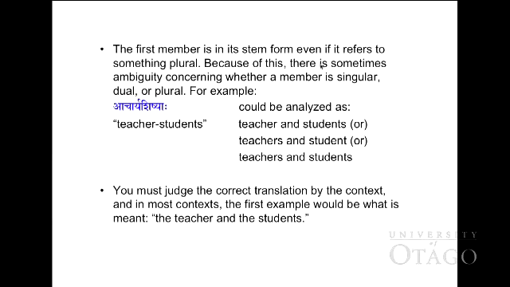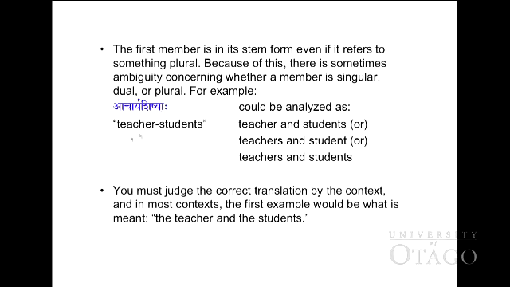Let's see from this slide. The first member is in its stem form, even if it refers to something plural. Because of this, there is some ambiguity concerning whether a member is singular, dual, or plural. So, for example, from this example, Acharya